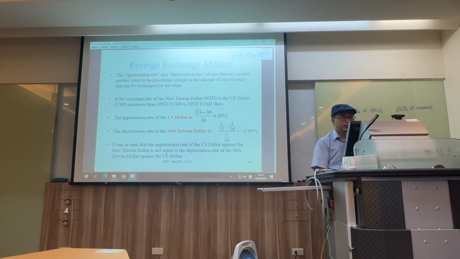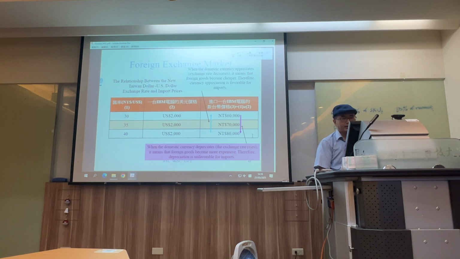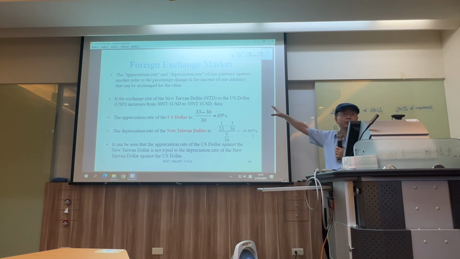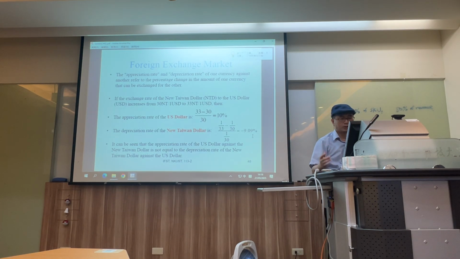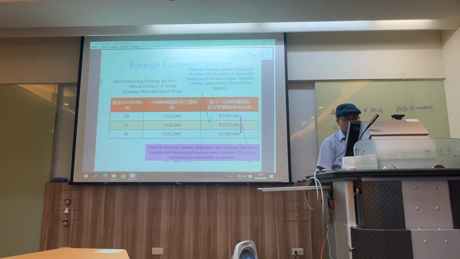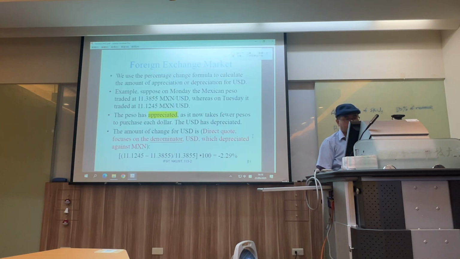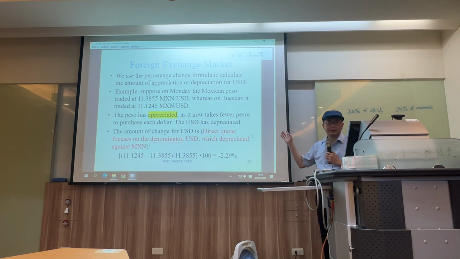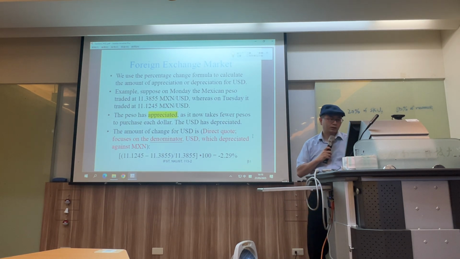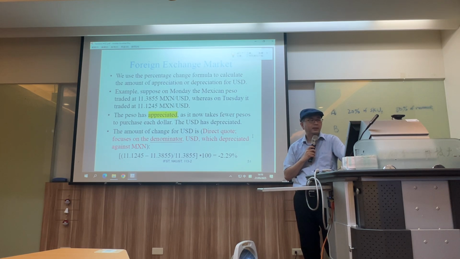All right, so let's keep going. So basically that was a review of our last class material. We talked about this content last time, right? And there was quite a good discussion. Other than that, I think we briefly talked about this example, like the exchange rate between the USD and Mexico peso, right? And then we say we have the exchange rate on Monday and Tuesday, right?